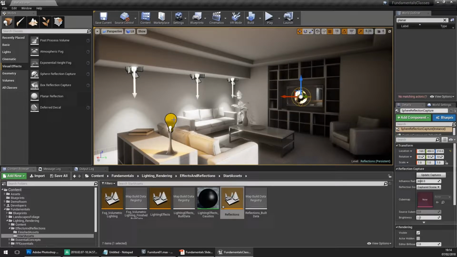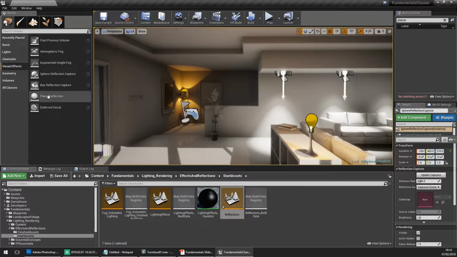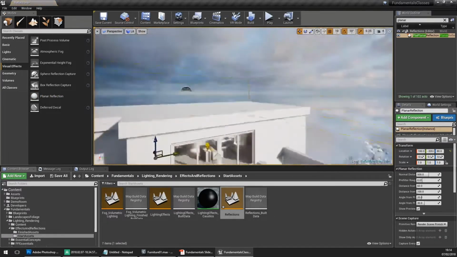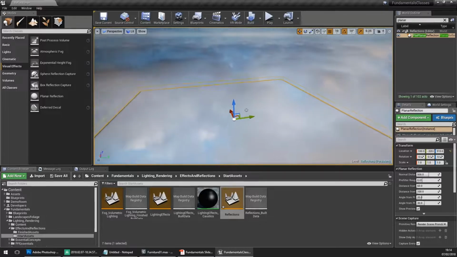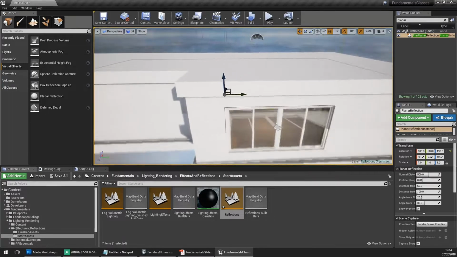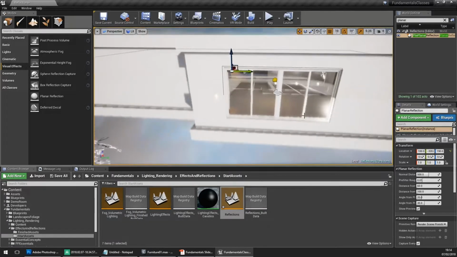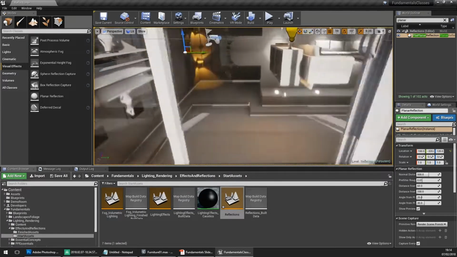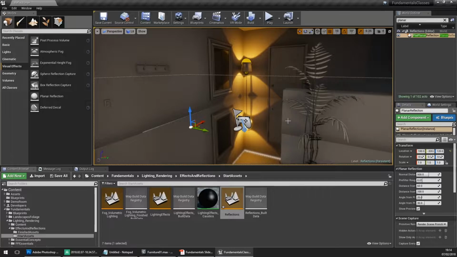And then lastly, we also have planar reflections. Planar reflections, which you can see over here, visual effects again, planar reflection. You can drag it in. It creates a rather large plane. The plane is temporary. You won't see this while the application is running, but it's the plane that captures the information. A planar reflection captures only to a flat plane and is therefore only suitable for any object that is